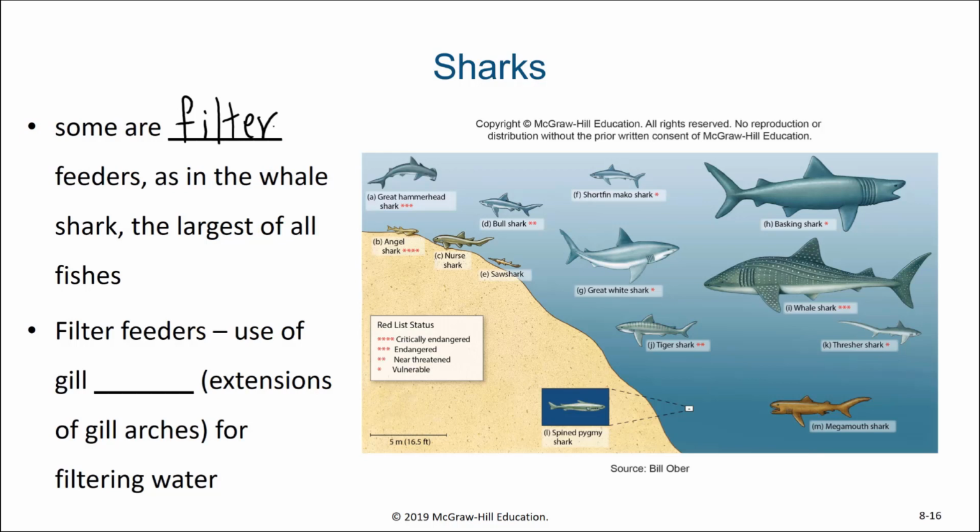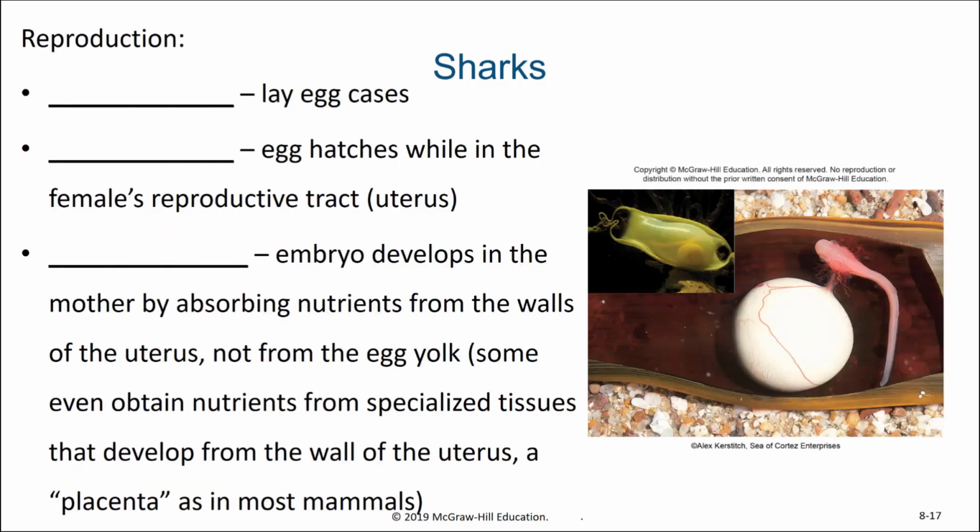This includes the largest of the sharks, which are the whale sharks and the basking sharks. These filter feeders make use of the gill rakers, which are extensions from their gill arches for filtering water for their prey. Sharks have a variety of reproductive strategies, including laying eggs, or being oviparous,